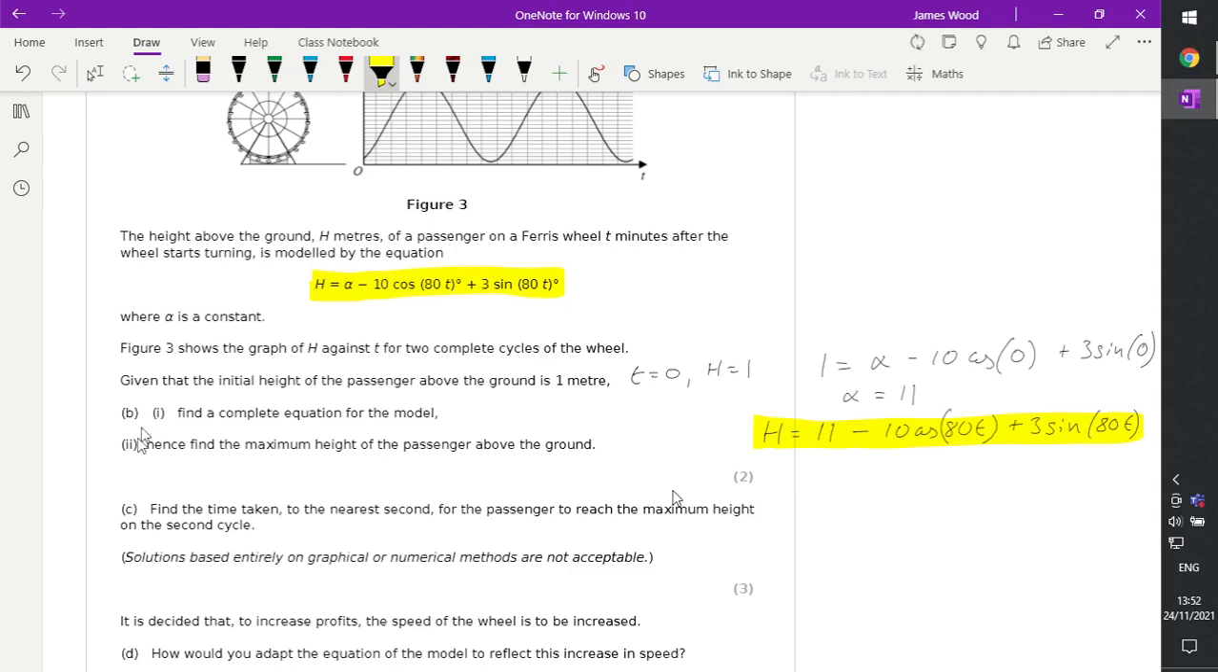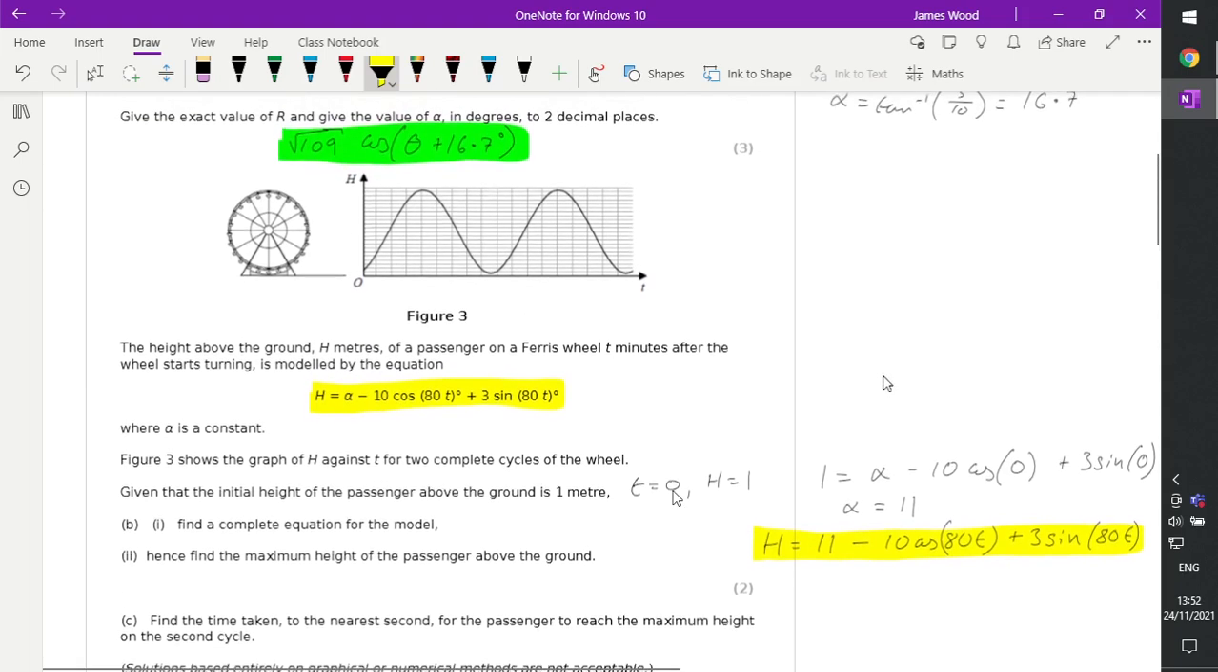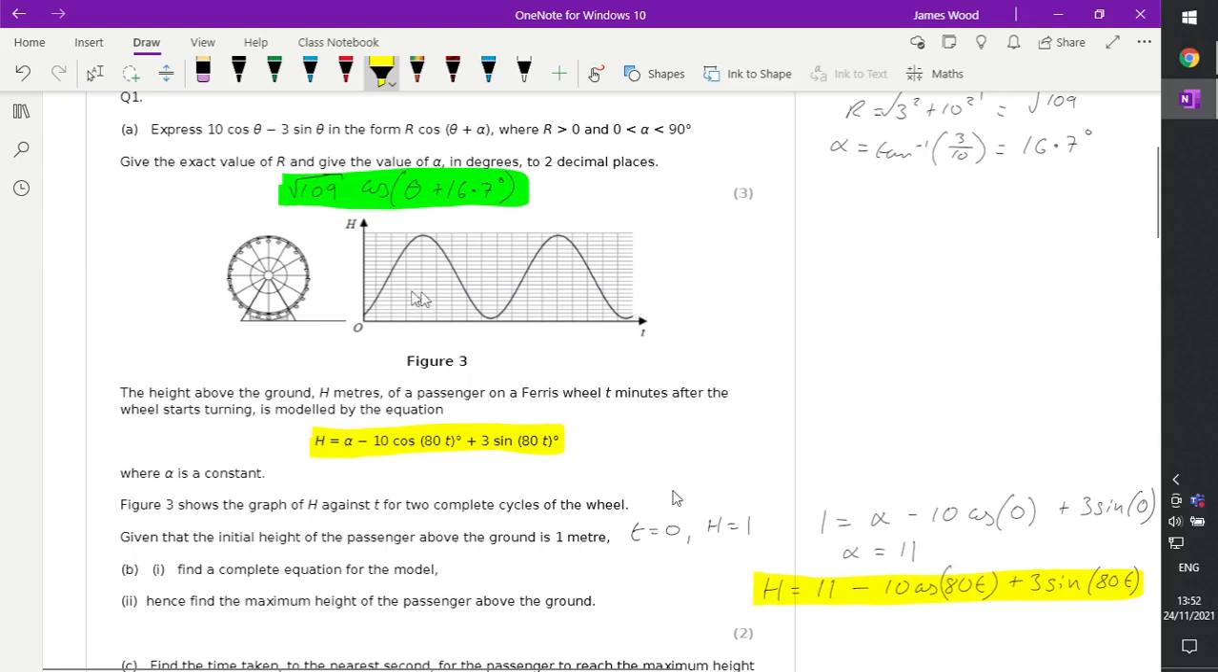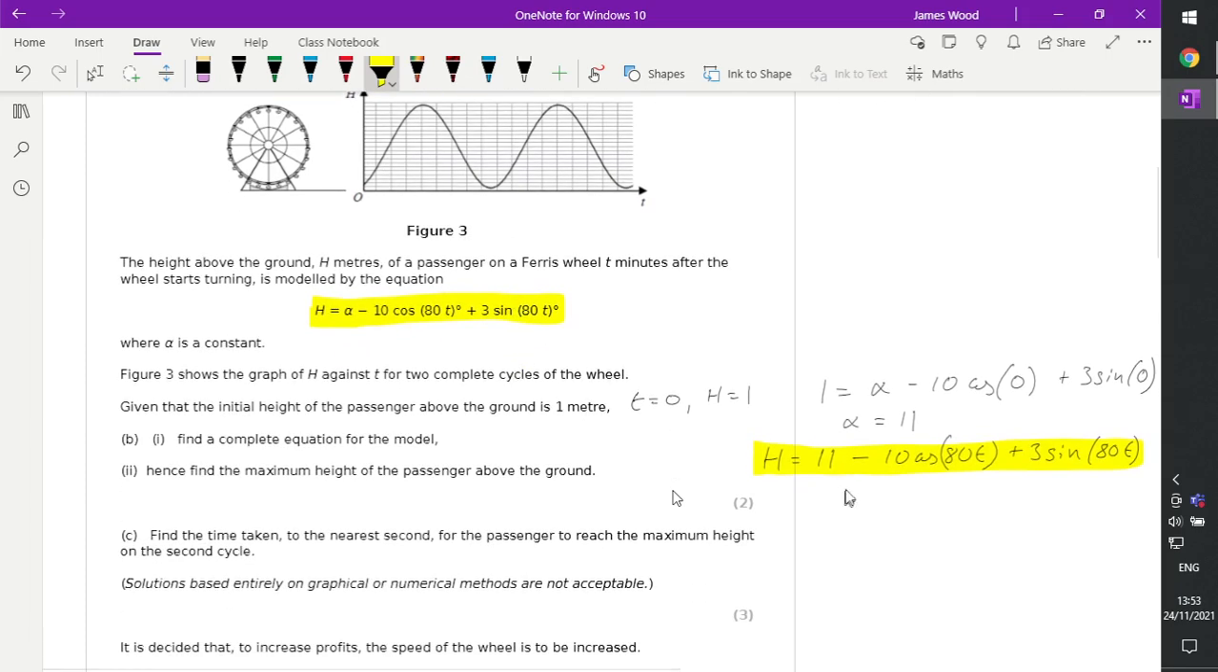Part B, so part 2 of question B: hence find the maximum height of the passenger above the ground. Well, this is where our answer to the previous bit comes in handy. So we've got 11 minus that equation there, which is similar to what we had before. We had the equation 10 cos theta minus 3 sine theta. So actually what I could write this as,